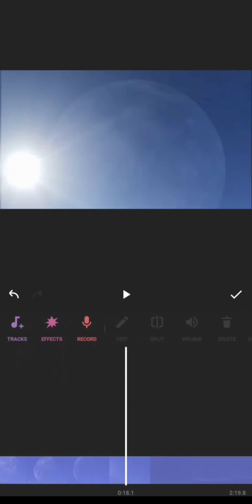Again we are getting it back. I am not going to save that one, so I am clicking and coming back. Now we are having a tick over here. By clicking upon this one, we will be selecting it and it will be saved over there. Before saving that one, if you want to play and see, we can play the video and see how it is working out.